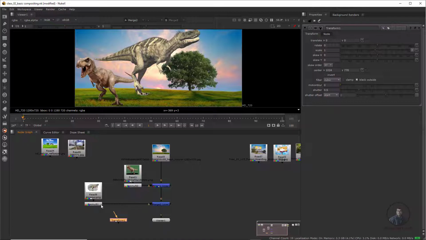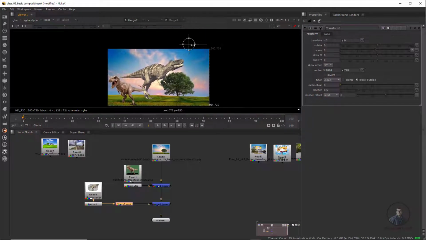So for inserting any node inside our tree or pipe, simply select it and connect like this. You will get this white indication. White means this will automatically attach here. So now you can see, simply double click here, then you will get on-screen controls. Zoom out a little bit here. Now you can see this is our transform gizmo, or you can say our transform node controls. With the help of this control you can simply move like this. Even on the right side you can also see the transform parameters. So just double click again if you don't see them here.